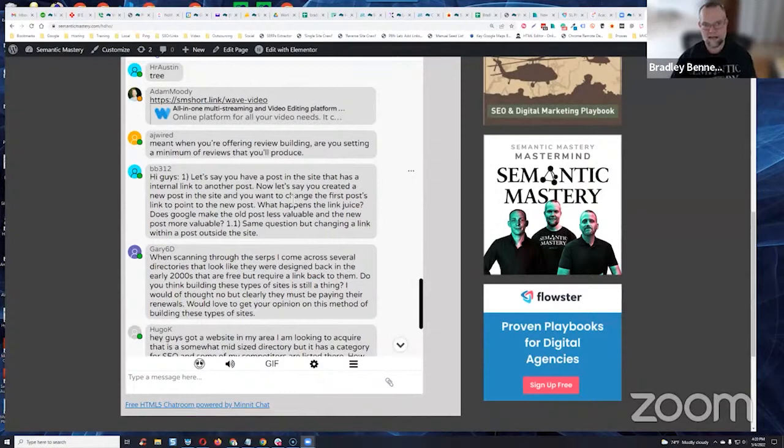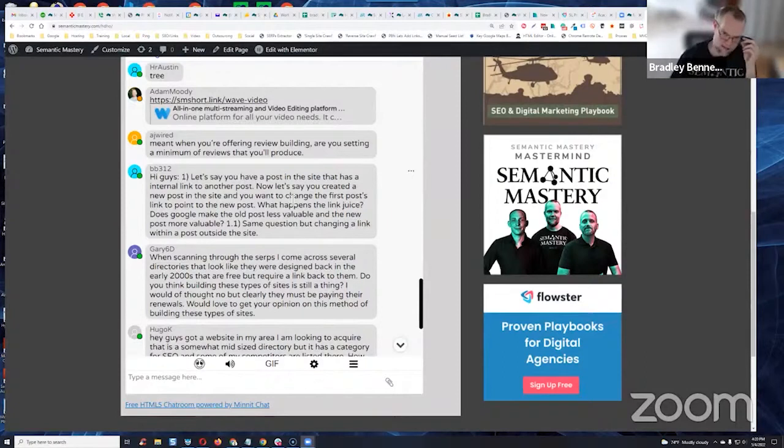If it's not, if you are publishing another post that can help add to the topic or the relevance of the page that you're linking from, then you don't always have to remove the link to the old post, right? If it makes sense, you can just add a new link to the new post, right? If they're not competing posts, right?